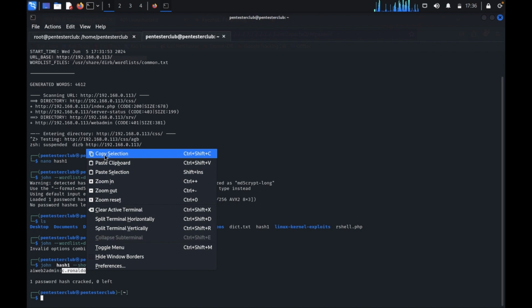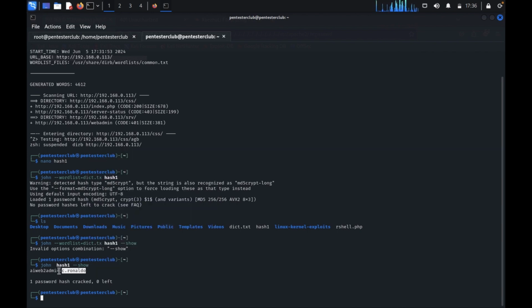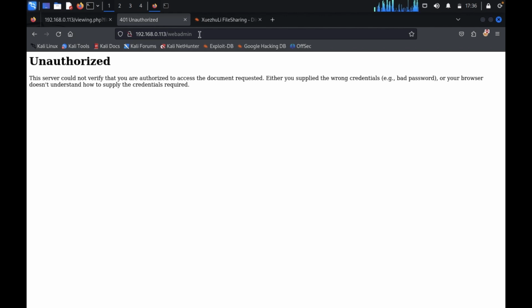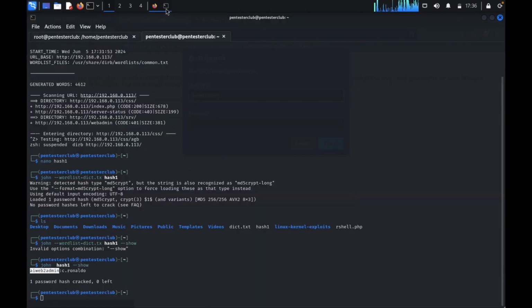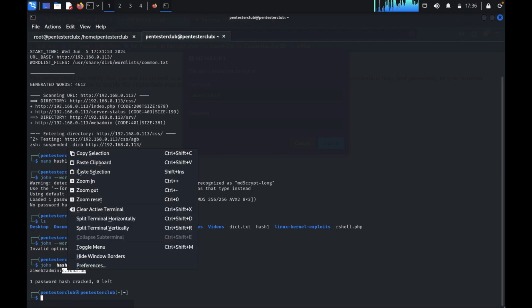So just copy this one. We got it, the username is AI web admin 2 and the password C Ronaldo. So we just copy, come back here. Now we would like to again go for login. Paste the username, come back here, C Ronaldo. Just copy,